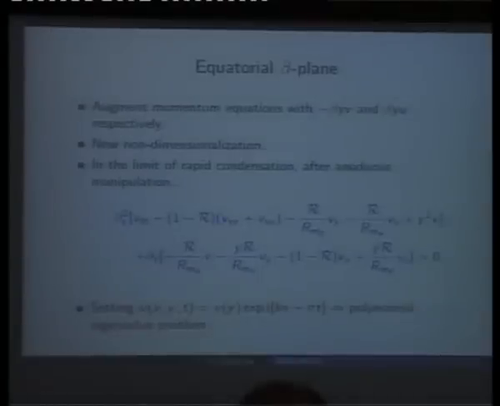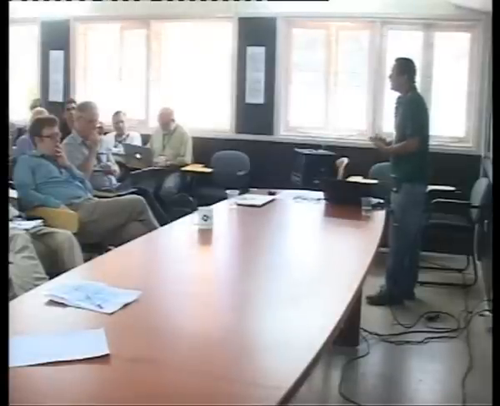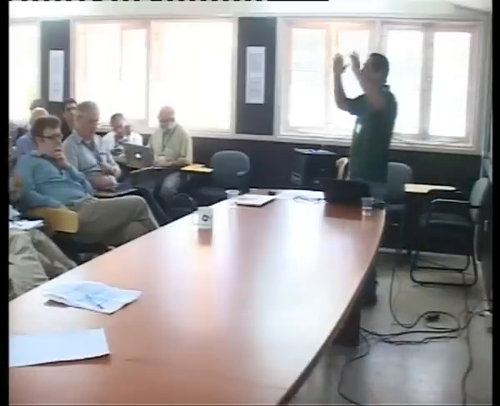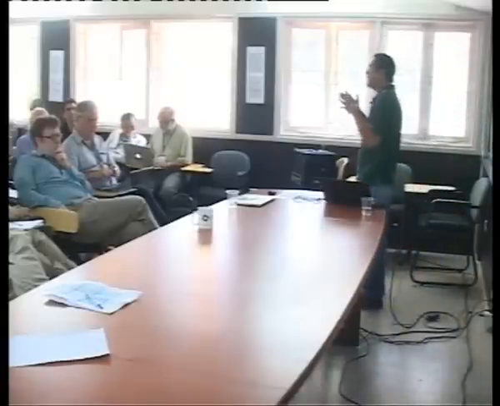Here things become a little more complicated because we need to augment the momentum equations with the Coriolis terms. As soon as you do that, once again one has to carry out a non-dimensionalization. Once again, for that I recommend the same papers, the work by Gill or the work by Frierson, Maeda and Paulus. You go through exactly the same steps and one can non-dimensionalize the problem. What one finds, and now I will make a statement here, is that I will show you the results for the limit of rapid condensation because it turns out to be mathematically neater.